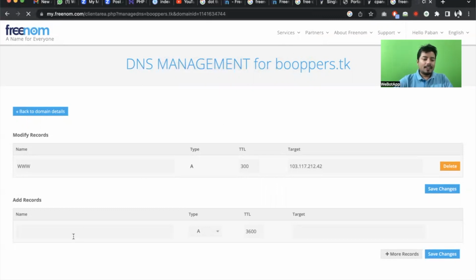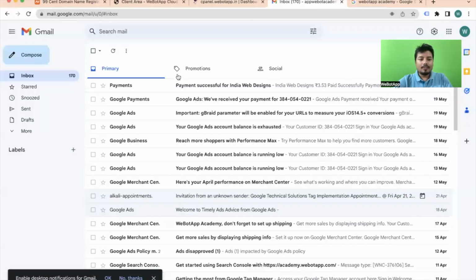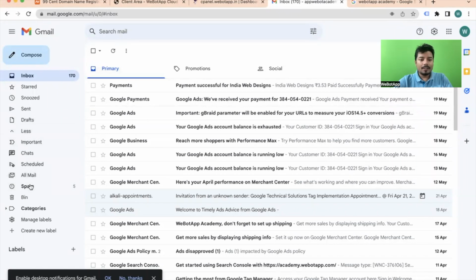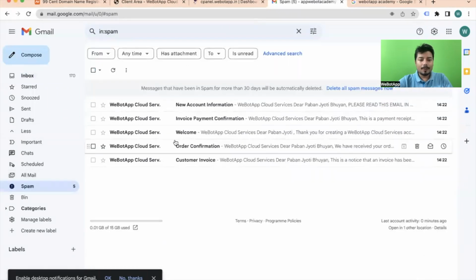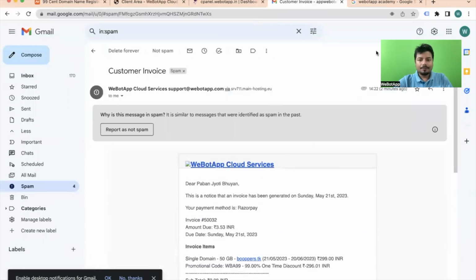And now I will be adding some records here. The name of the record is NS, which is name server. Unfortunately, NS record is also not available in this section. Okay. All right, then. Now I will be visiting this portal once again, and I will also check my email. If you don't find the email in your inbox, you can just check your spam folder. So I received the customer invoice,